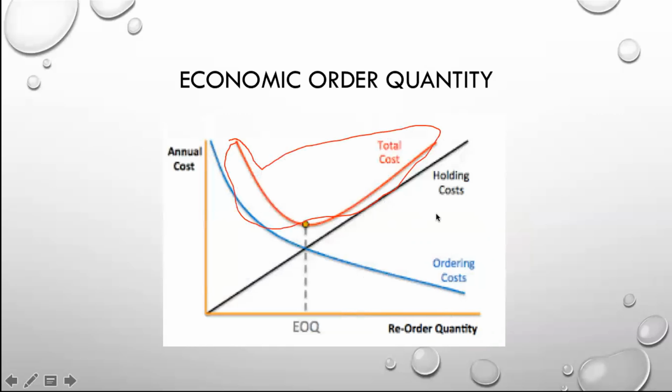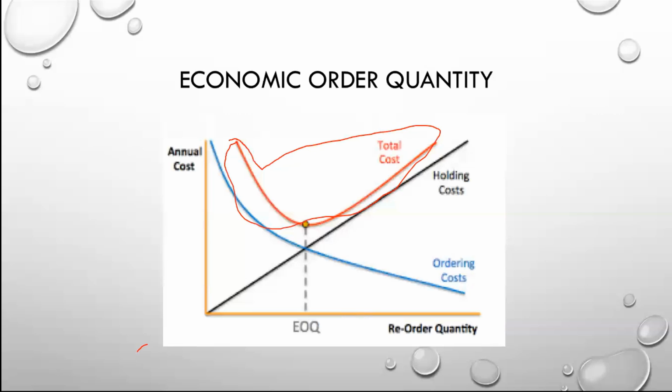Then the holding costs obviously start at 0 for no goods, and it goes all the way up to wherever this fits. It's because, with your holding costs, the more things you have, the more it costs to hold them. In this graph, you can see that the holding cost is linear. In some scenarios, it may be different. Some warehouses might give you a discount for larger and larger stocks and inventory. So just keep that in mind.